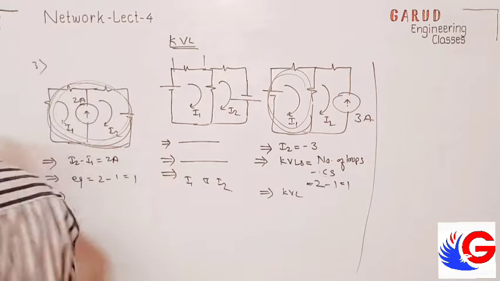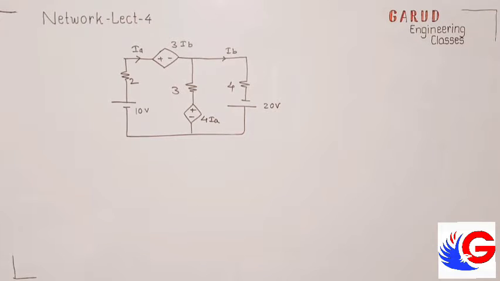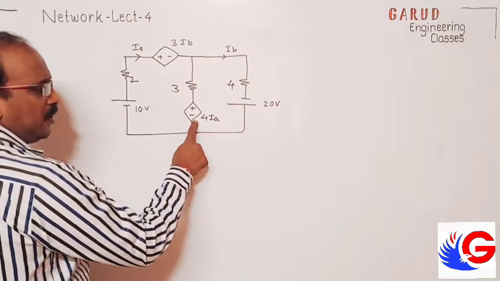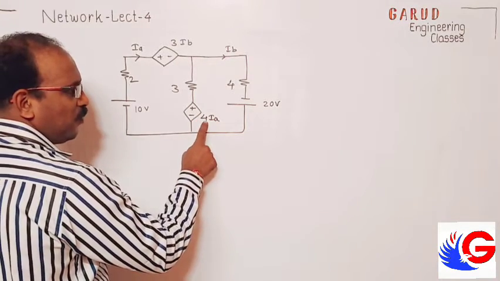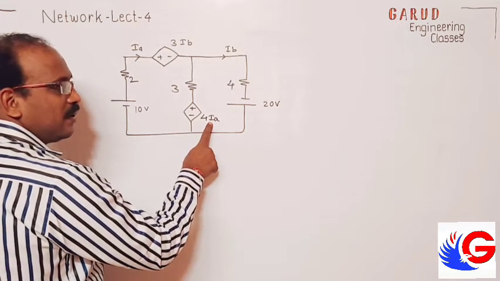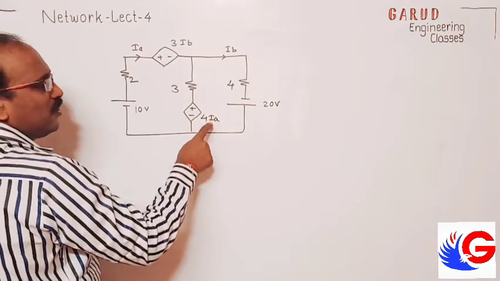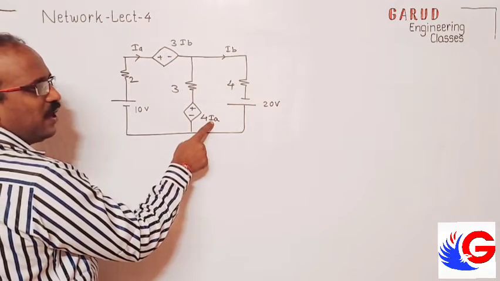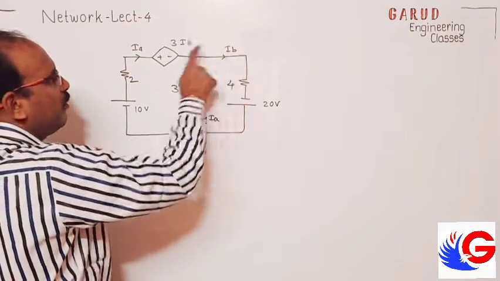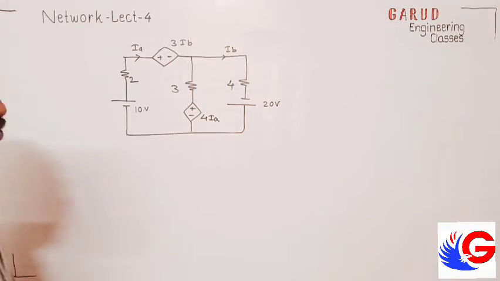So I will explain you one circuit for the KVL. Okay, we will solve this. See, what type of, this is voltage source. But the value of this voltage source is 4IA. Means this is dependent on some current. So it is current dependent voltage source. What type of this is? This is also dependent on IA, where there should be the marking of IA. Here it is IA. 3IB, where is IB? Somewhere here. Okay. So this is 3IB. So this is also dependent on current, but it is basically voltage source.